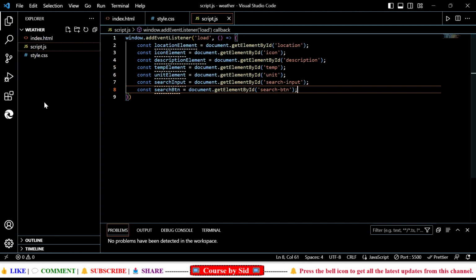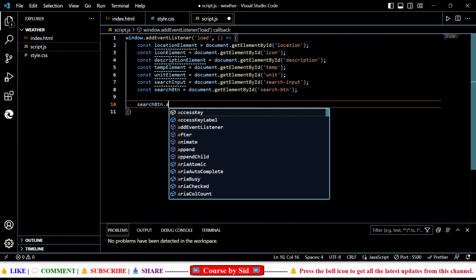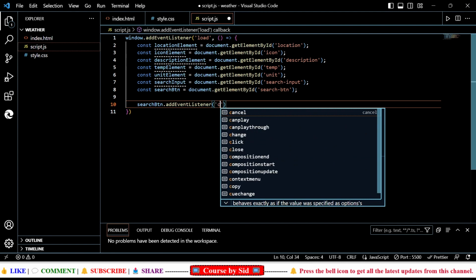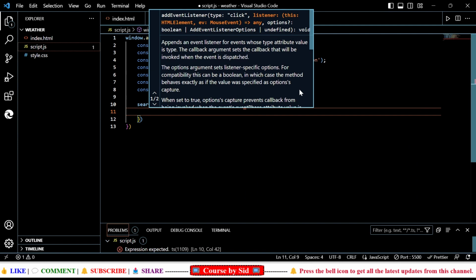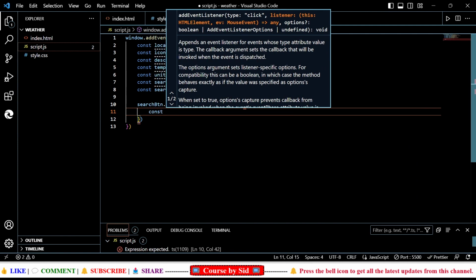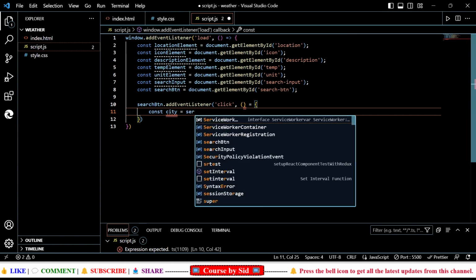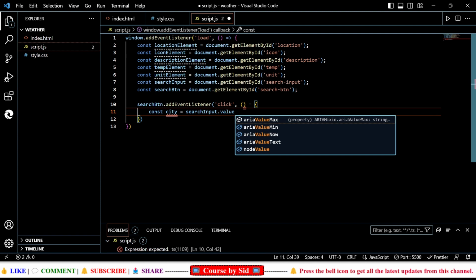And then I'm going to save this. Now after that, at searchBtn I'll give one addEventListener, so I'll be writing searchBtn.addEventListener, and within the function I'll first write click, then comma, then I'll call one arrow function, and within this arrow function I'll be writing const city is equal to searchInput.value, like whatever value will be there, it is stored in const city, right? City variable,